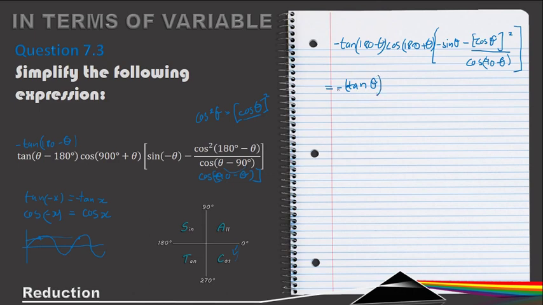And then we've got a negative here on the outside and on the inside, and then cos of 180 plus theta is in tan's quadrant, so it's also going to be minus cos theta. And then we have minus sine theta over there, and if we square all of this, we get plus cos squared theta